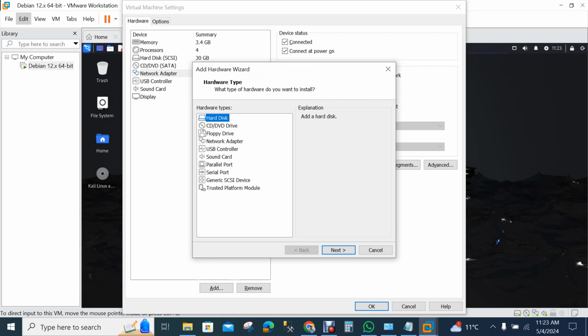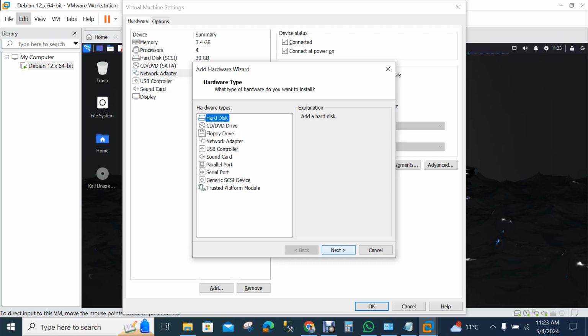We just have to click on add, and there we will get some options: hard disk, CD/DVD drive, floppy drive, network adapter, USB controller, sound card, parallel port, serial port, generic SCSI device, and trusted platform module. So we can install them from here.